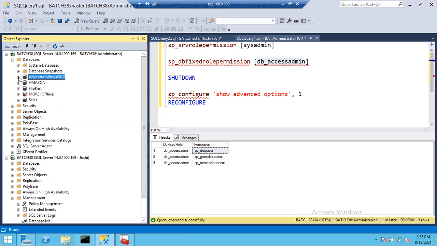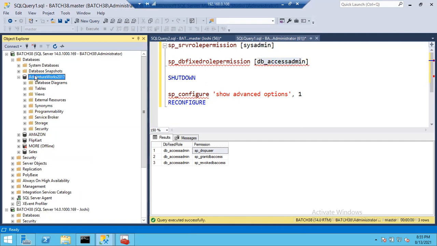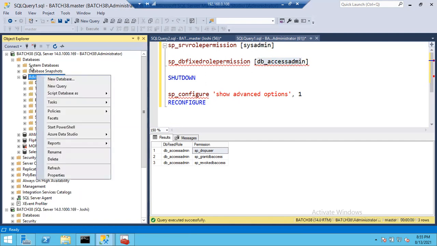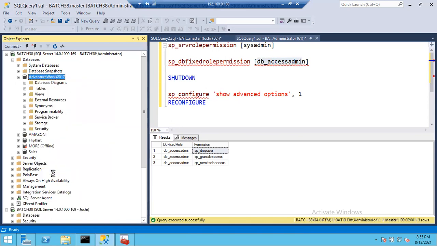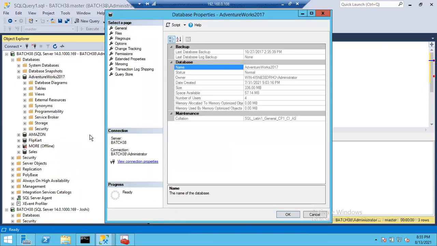Double click on database. Right click, properties. Permission.